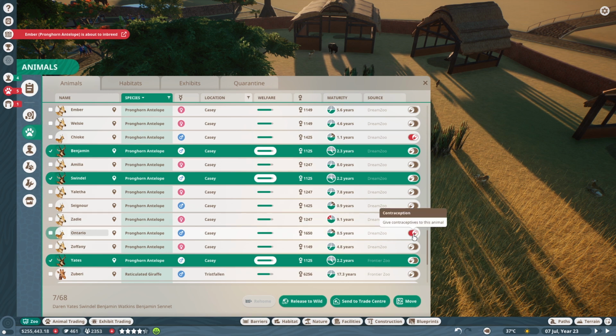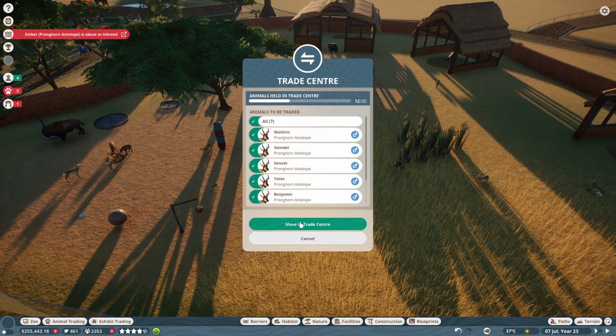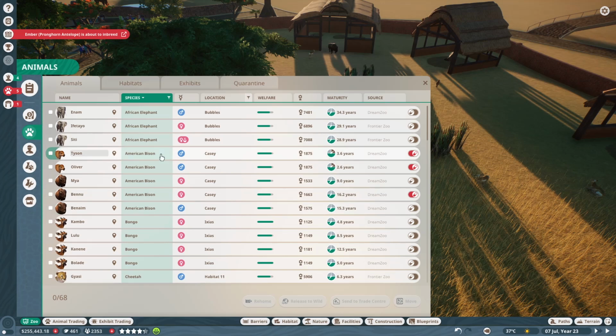So you're a male juvenile, so you need contraception. You're a male juvenile, you need contraception. Send to trade center. All of the males. Okay, and next thing I want to do is to look for any